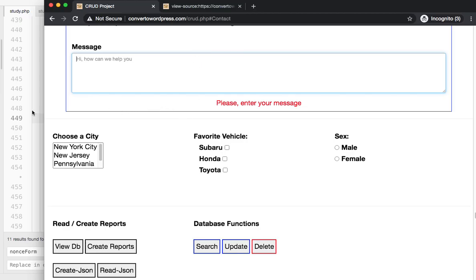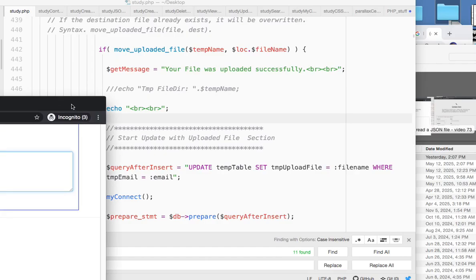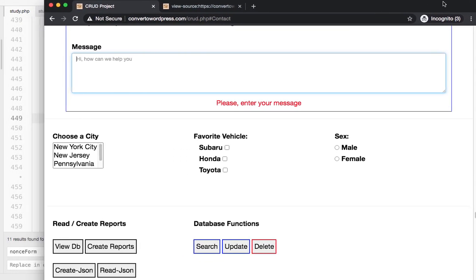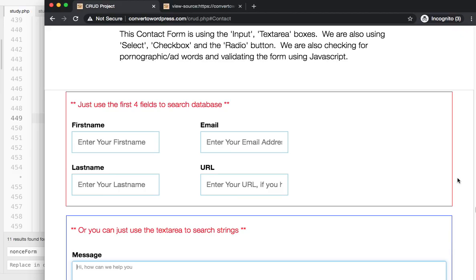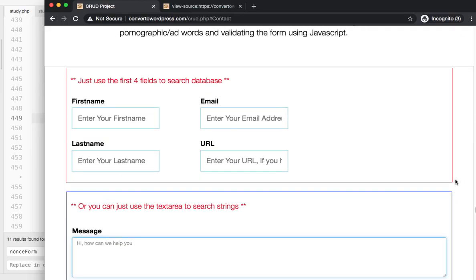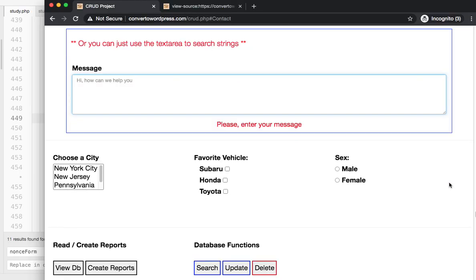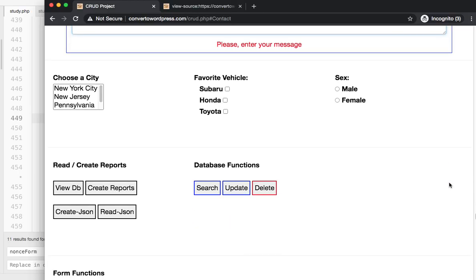Not only do you have first name, email address, last name, messages, city, and so on, there's also an item or a field called